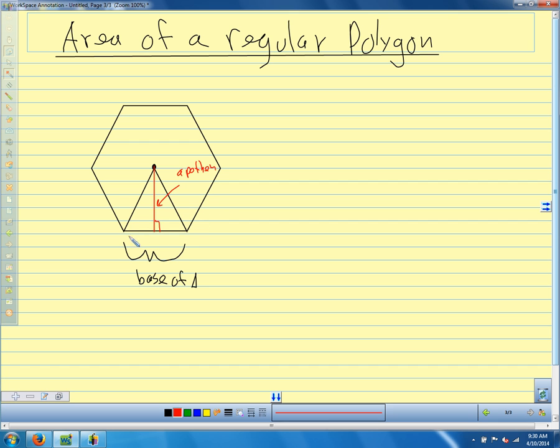So the area of this triangle is one side of the polygon times the apothem divided by 2. For a hexagon, we would do that 6 times. So we would have 6 sides that we're adding together. That's the perimeter of the polygon. So our formula comes from taking the area of this triangle and adding it together for however many sides of the polygon we have. So we know where the area comes from. So our area is 1/2 the apothem times the perimeter